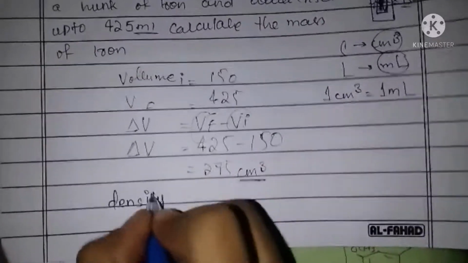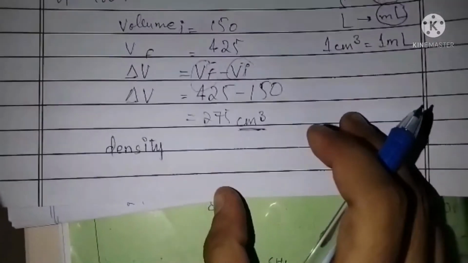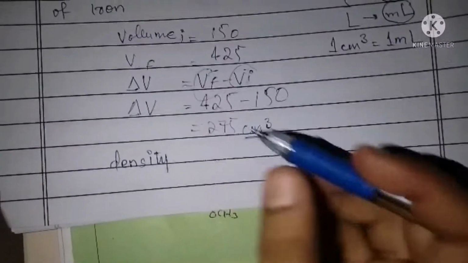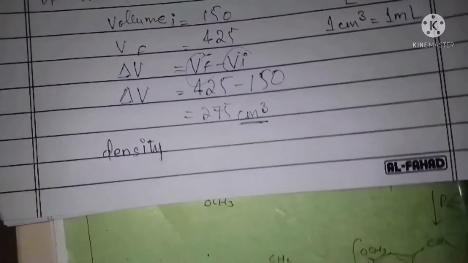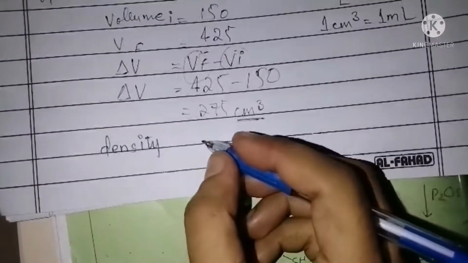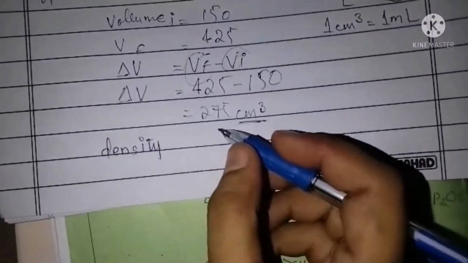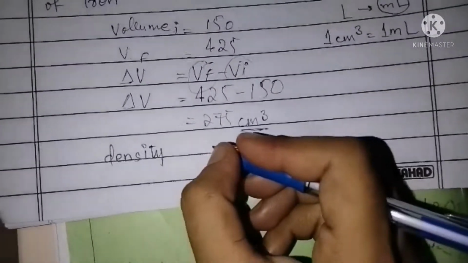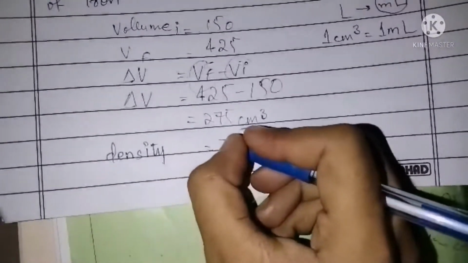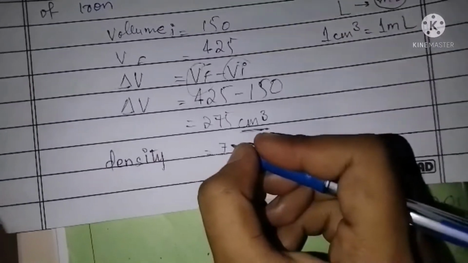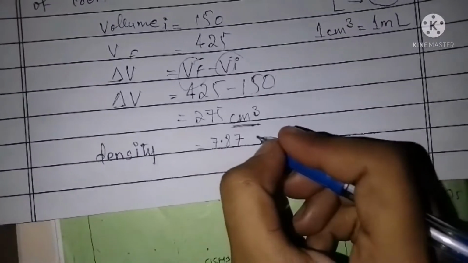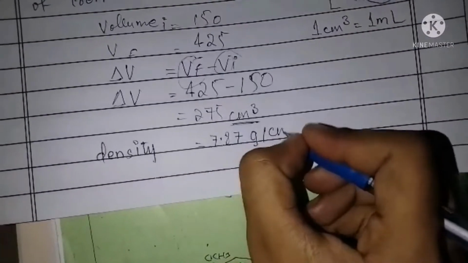You can find it on the internet, in your book, or anywhere you have the topic density written; there must be a density for metals. So the density of iron is 7.87 gram per centimeter cube,